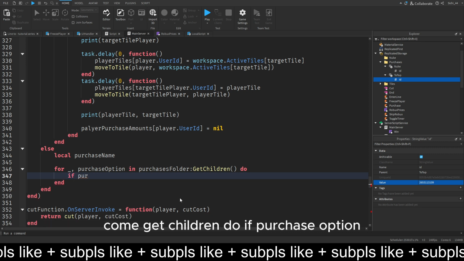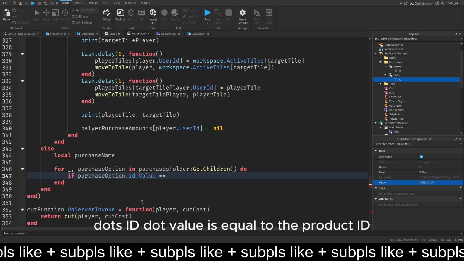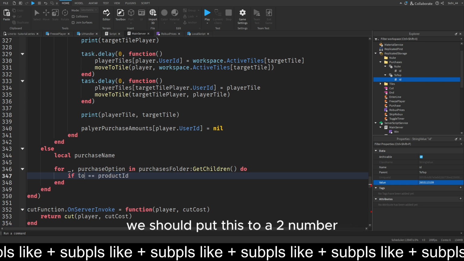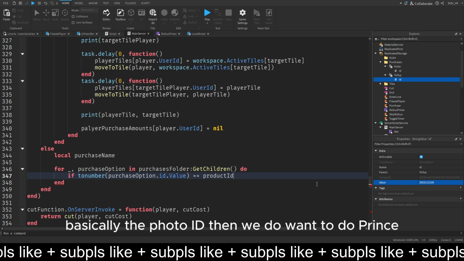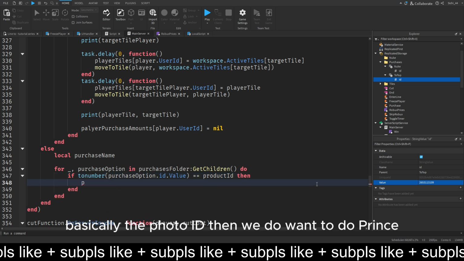If purchase option dot id dot value is equal to the product ID, we should put this to a number, equal to product ID. Then we do want to print